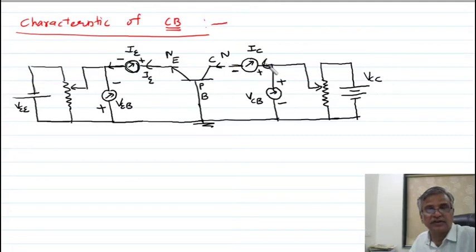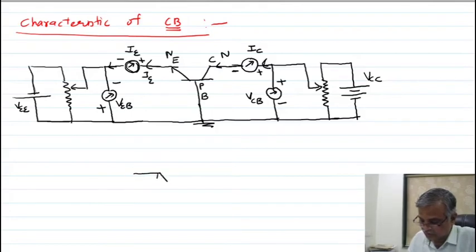That's why here I have connected the current meter positive terminal, current meter negative terminal, voltmeter positive terminal, voltmeter negative terminal. Current flows like this, so current is flowing from higher to lower. For the emitter I am connecting plus, minus, like this. So do not cram the circuit. Understand. See, again I am showing you in a simple way.